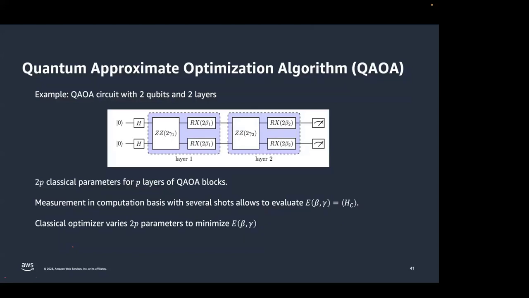If the expectation value of the Hamiltonian is maximized, that means the classical objective function corresponding to that is maximized, and that means one is leaning towards finding the solution to the max cut problem. So that's all one is doing.